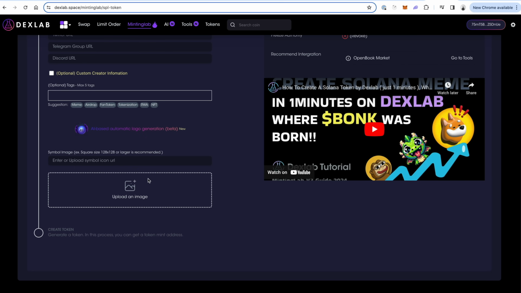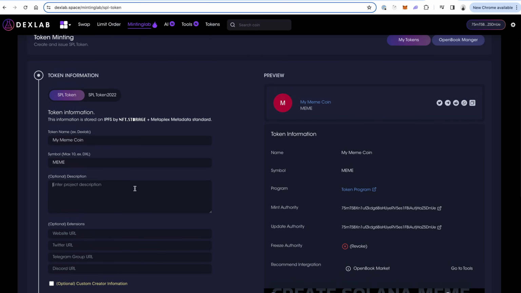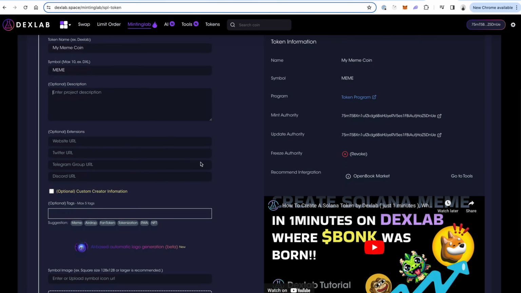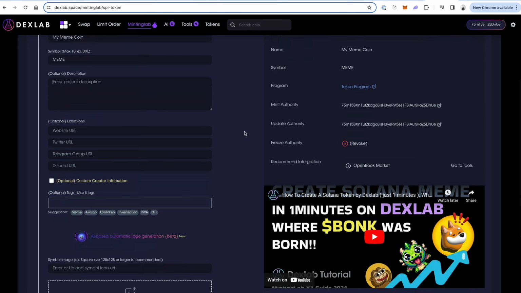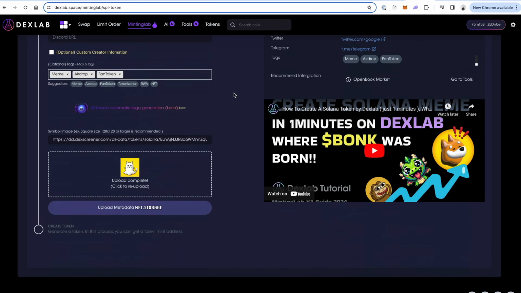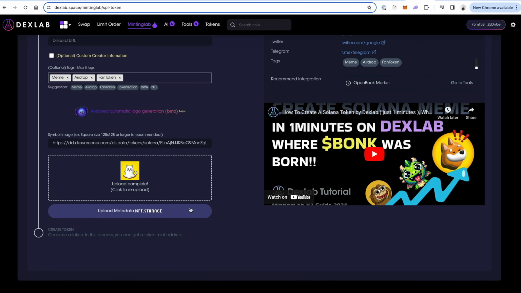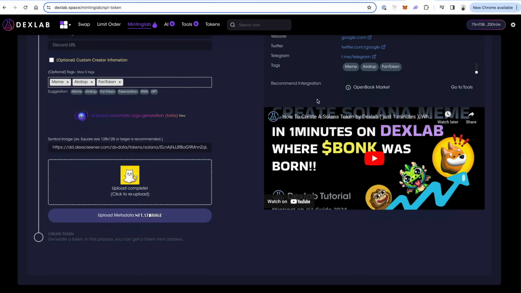Okay. So that the picture for your coin is listed on places like Solscan and other places that automatically pull in the graphic for your coin. And you can see all of the stuff here. All right. And so once you've finished all this information, you're going to basically connect your wallet and then do Create Token. All right.